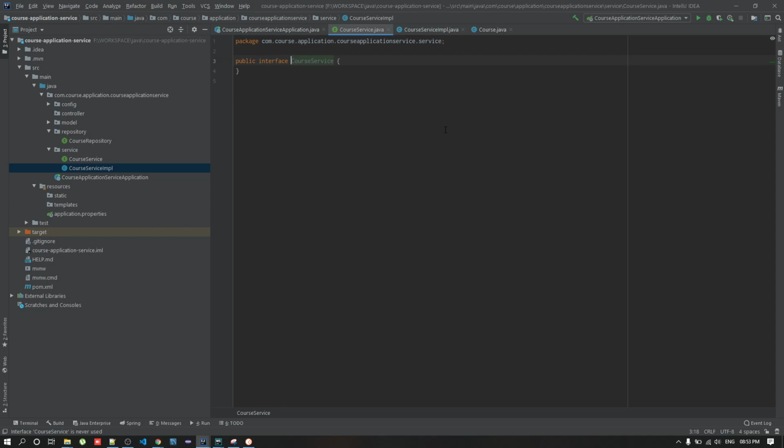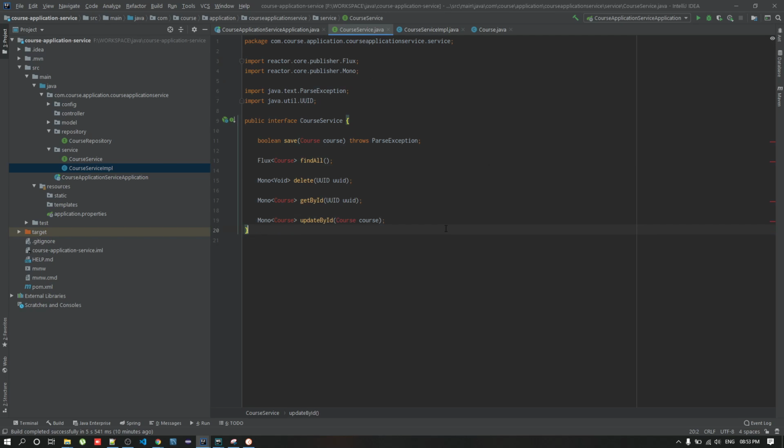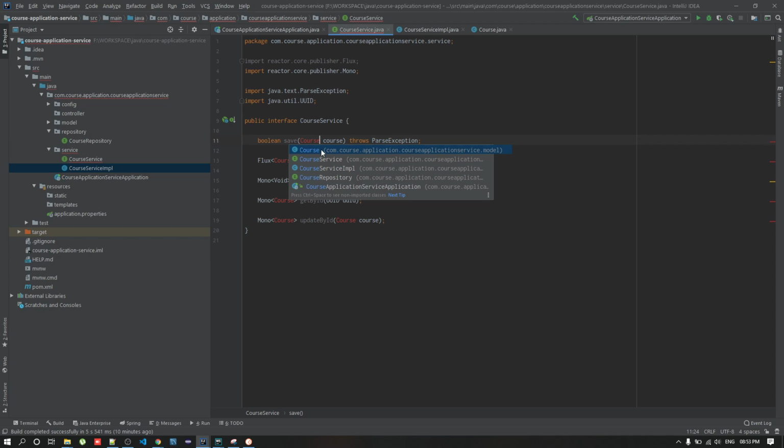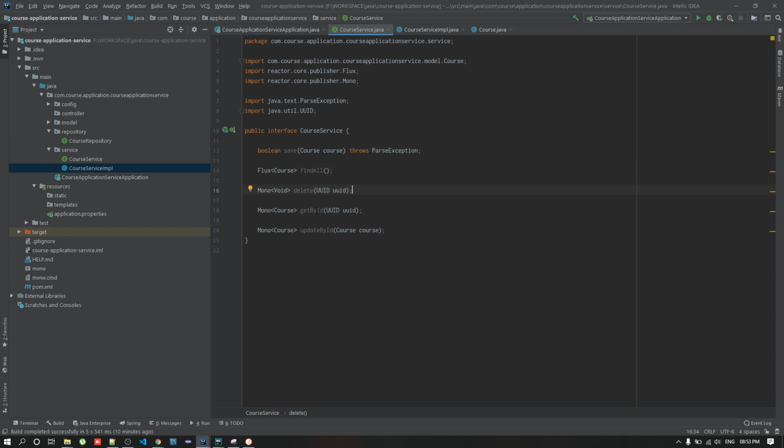So in the course service, I will just copy paste all my methods directly. So I will explain. This is to save the course, delete the course. This will be get course by ID and update by ID.